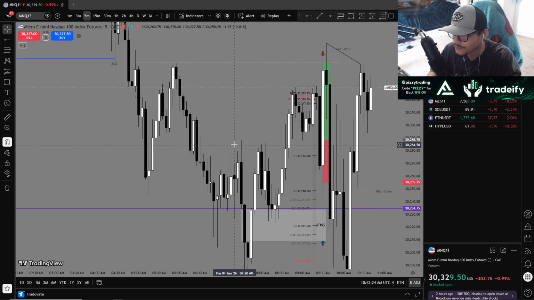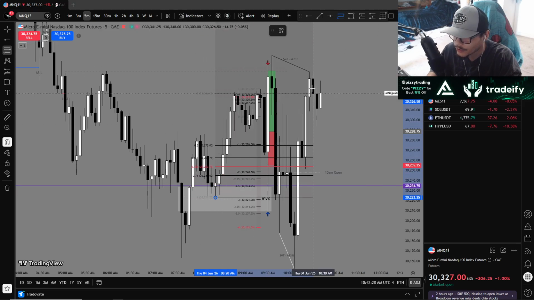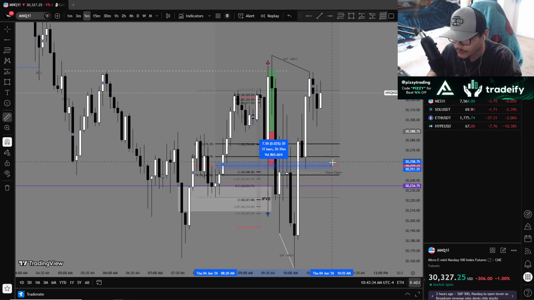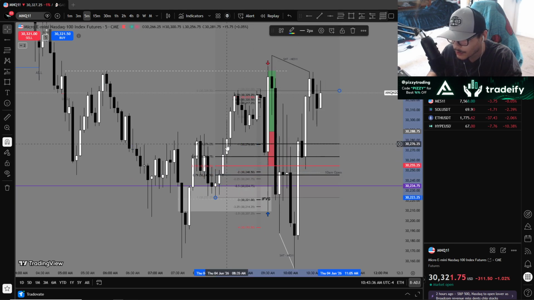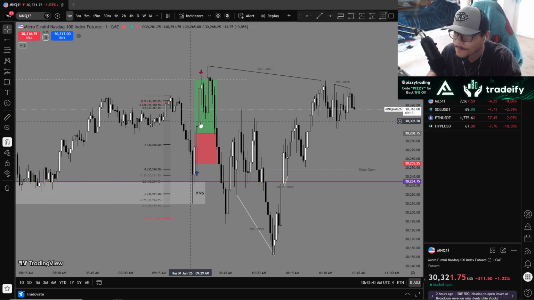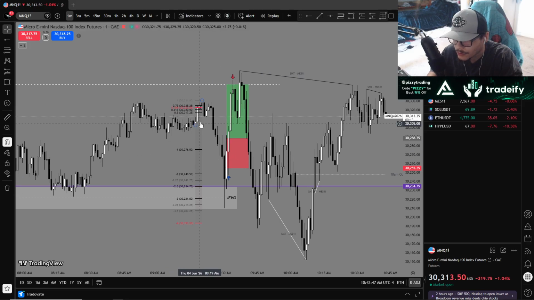We also know that we have this whole range right here that has to get rebalanced. This whole 5 minute range right here has to get rebalanced. And we have a 5 minute FVG you can see right here. So I'm like, if we want to pull back, we're probably going to pull back around market open. So what do I do? I wait. Get closer to market open. Market's about to open. Around 9:26, we start dumping. Absolutely dumping.